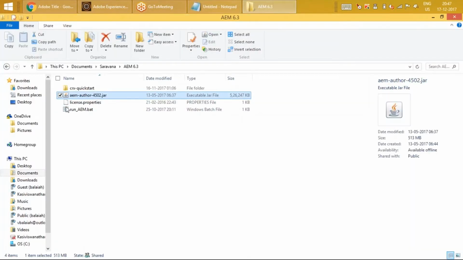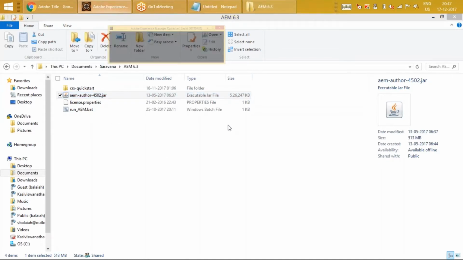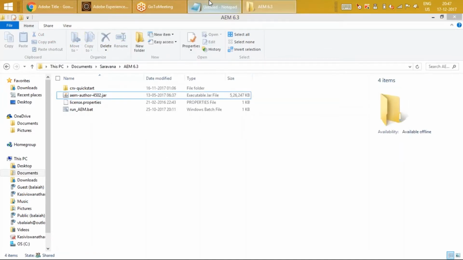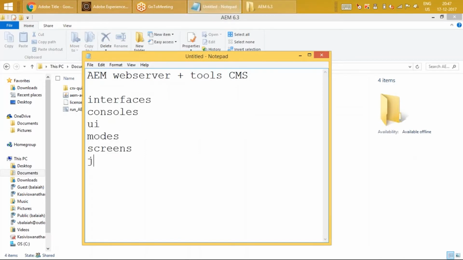I simply double click on it. If you just double click on this AEM software, the AEM executable jar, it pops up comfortably. You need to have JDK 1.8 installed. In case you are facing any hiccups, most likely it's due to a class path conflict.